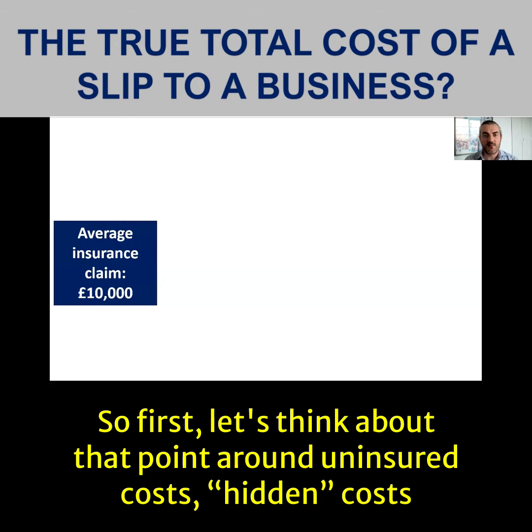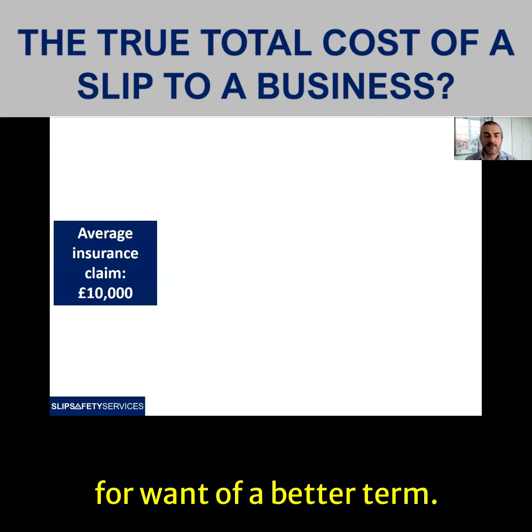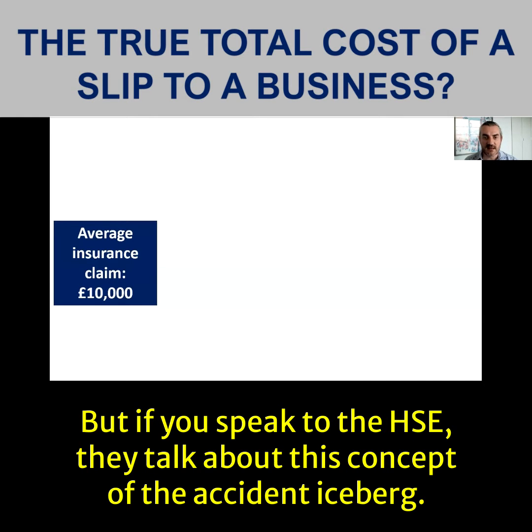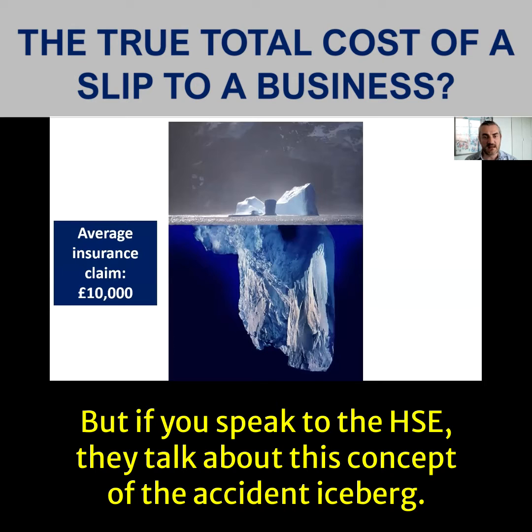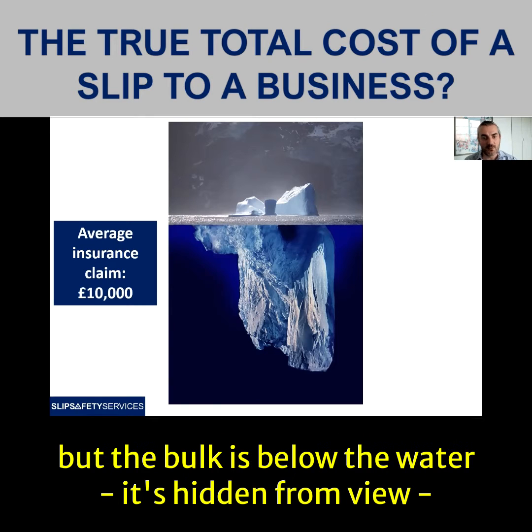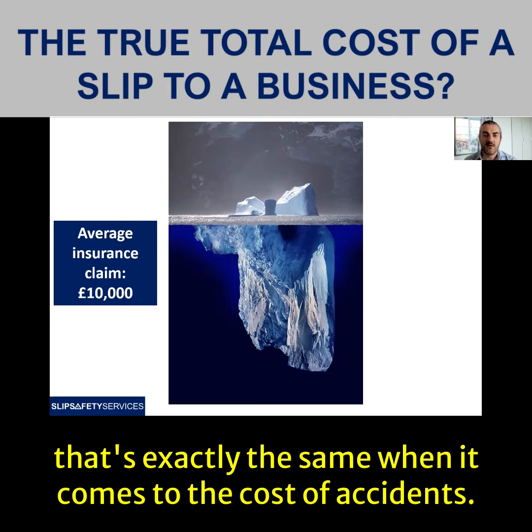So first, let's think about that point around uninsured costs, hidden costs, for want of a better term. So the average insurance claim cost for a slip and fall in the UK is £10,000. But if you speak to the HSE, they talk about this concept of the accident iceberg. And what they say is that just like an iceberg where you only see the tip of it above the water, but the bulk is below the water, it's hidden from view,